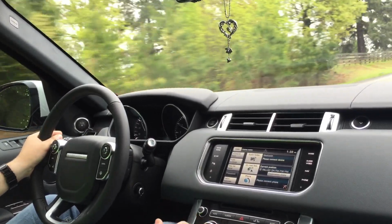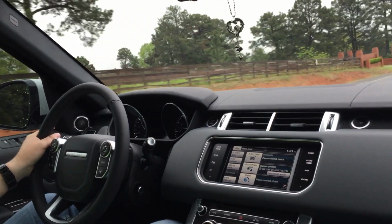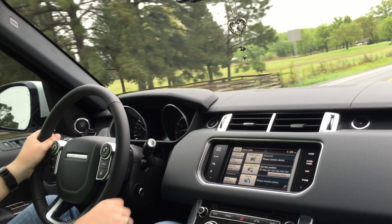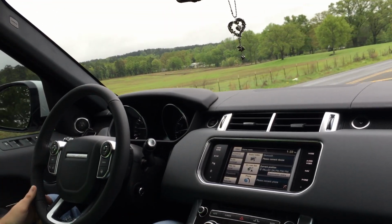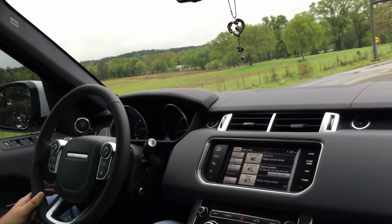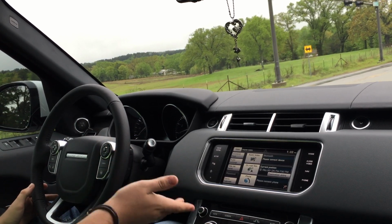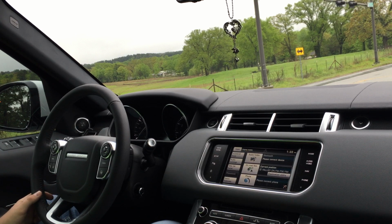Next point that we really like about the car is how easy it is to see out of. A lot of SUVs now, one that comes to mind is the Range Rover Evoque, which this is basically the Evoque's big brother, but that's another topic for another time. But the visibility in this is fantastic. SUVs such as the Evoque really don't have that great of visibility. It's just very hard to see out of them because of the sloping roofline, but this, you don't really have